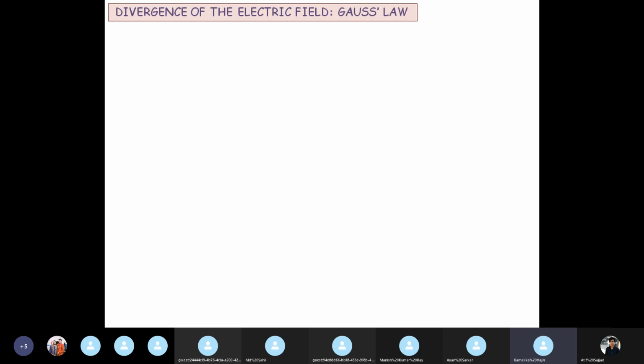Now, when we were preparing for our electrostatics course, remember we had done vectors, and in vector calculus we had come across the del operator. Remember the vector differential operator. And if you remember the three types of operation that the del operator could perform: the gradient, the divergence, and the curl. Okay. So here we are concerned about the divergence of the electric field.